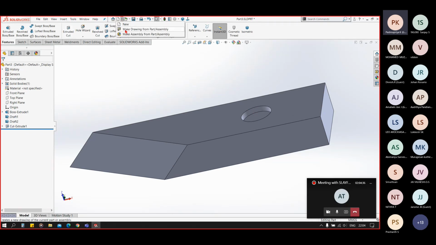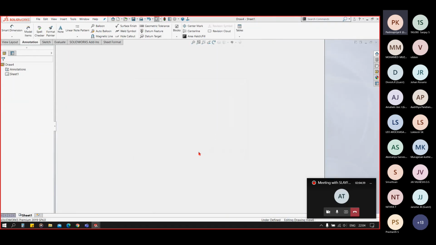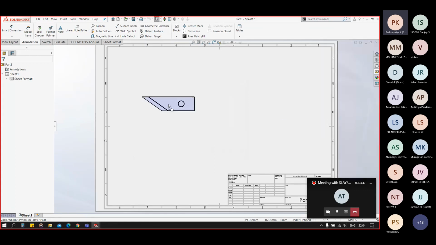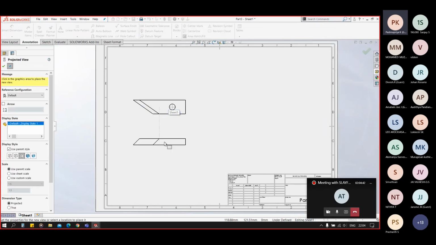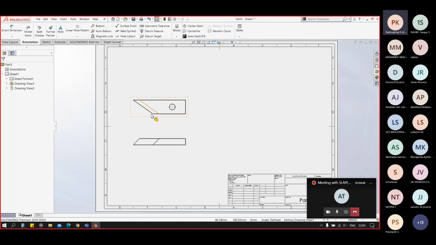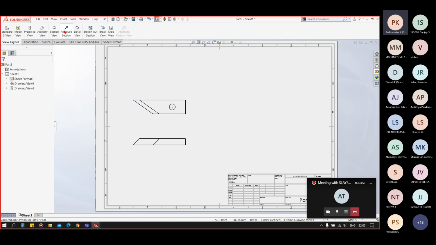Okay, now let's say I put some standard views, but you can see this hole's depth is not visible in the standard views. So you have the section view option here.